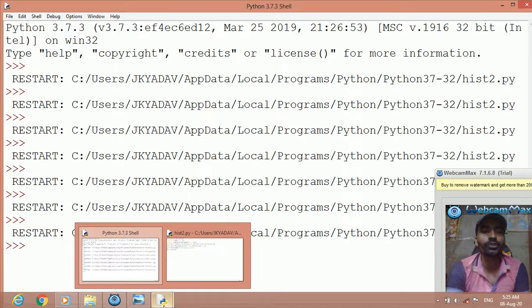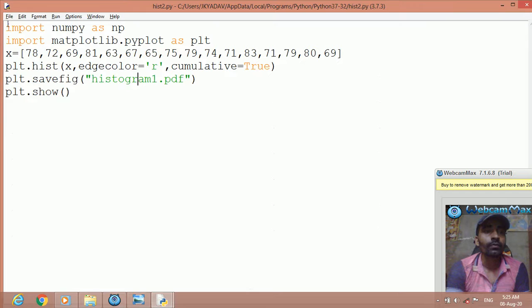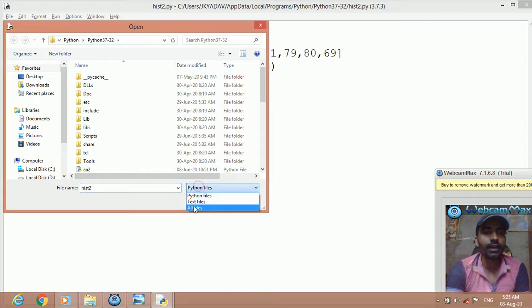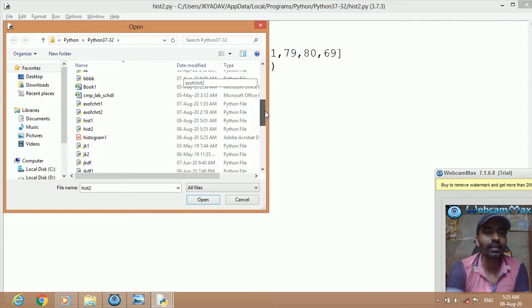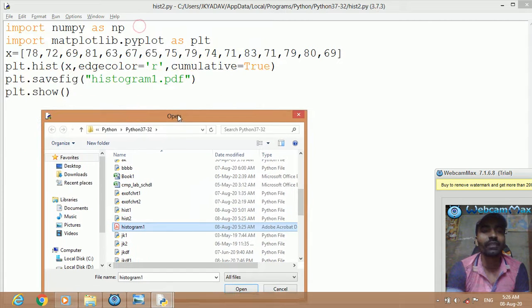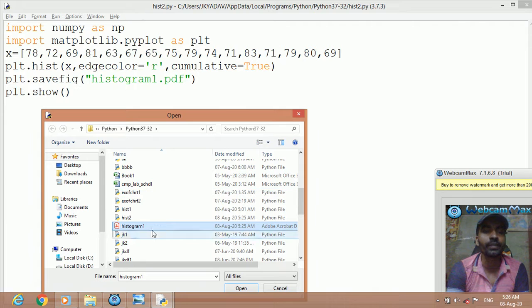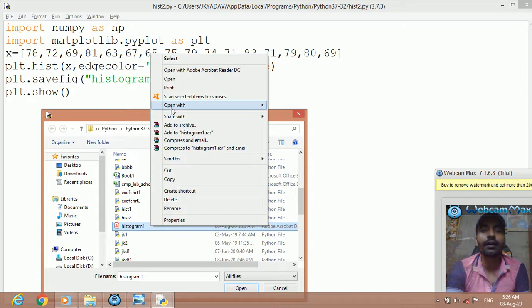Which folder? I show you here. Go in File, select Open, then select all files, and now you can see the Python files are there and one PDF file with the name histogram1. What name have we given for saving? histogram1.pdf.